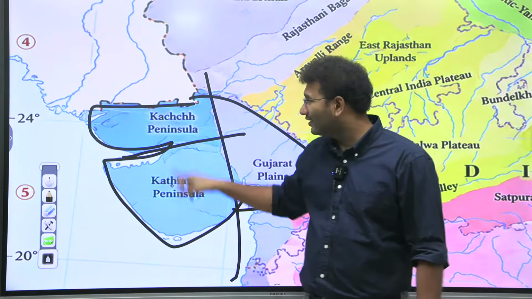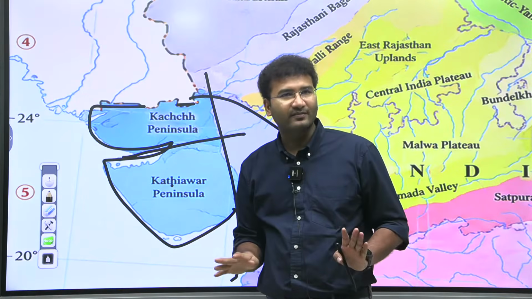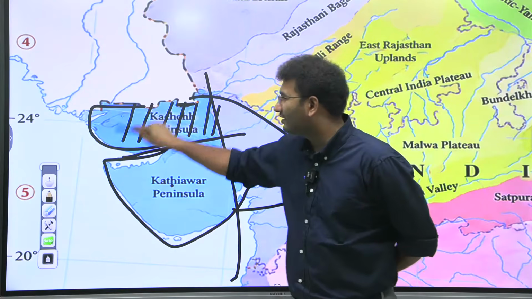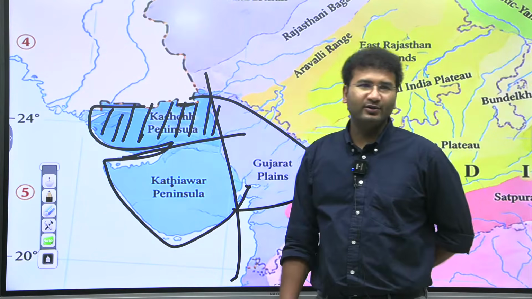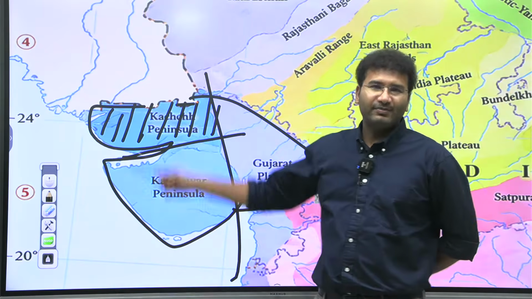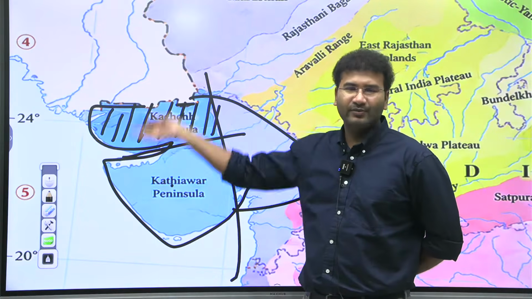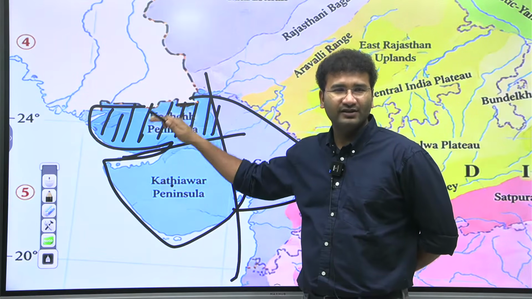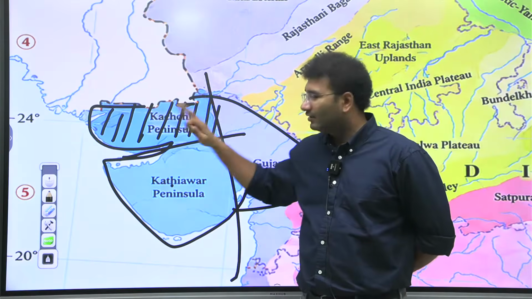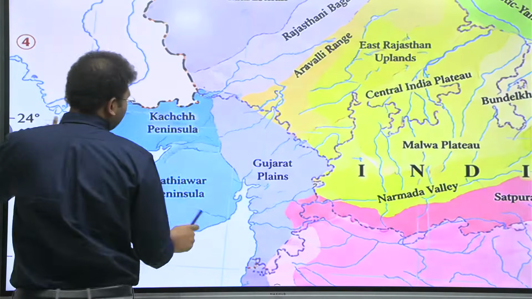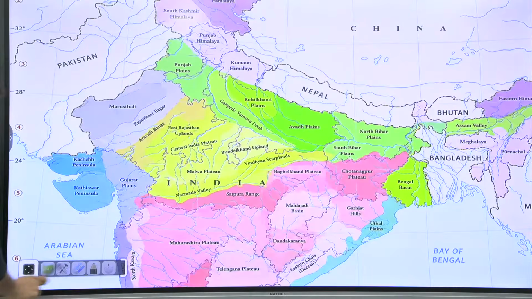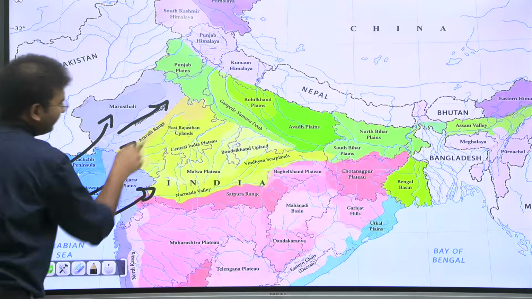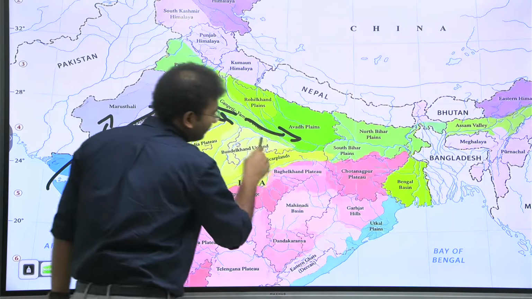Look here, this Kathiawar culture and Kutch culture are completely different. Kutch is a salt pan area. And here you get salt, right? Capillary action is very prominent here. The rate of evaporation is more than the rate of precipitation. And this part of the area was once covered with desert. That's the reason why you find oil. Not just this, there was a concept which we call marine transgression and marine regression. Marine transgression means for a majority of the time period, this part of India was covered with water.